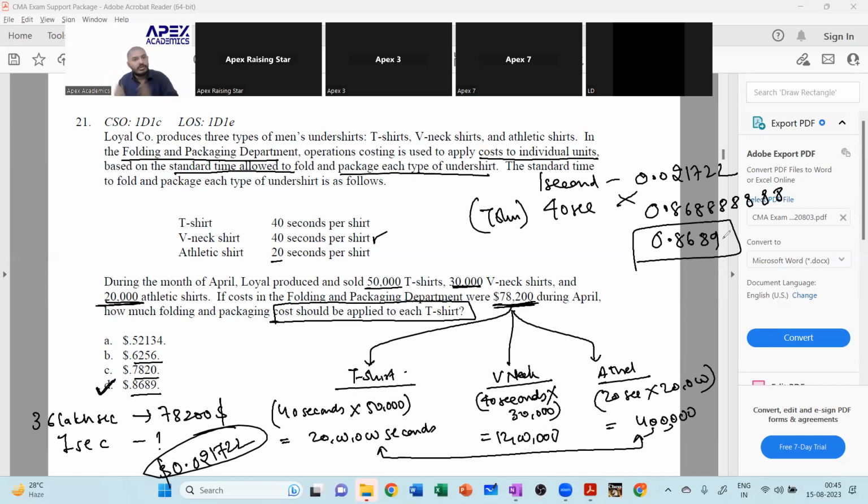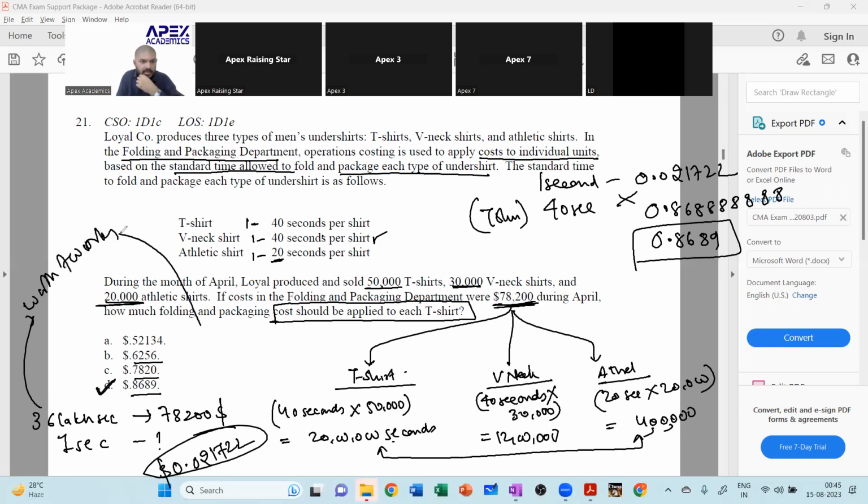Quick revision. One t-shirt takes 40 seconds, one v-neck takes 40 seconds, one athletic takes 20 seconds. Total 50,000 t-shirts, so 20,000 seconds. V-neck, how many? 30,000. So 30,000 into 40 is 12 lakh seconds. An athletic takes 20 seconds and there are 20,000 athletics, so 4 lakh for that. So total 36 lakh seconds worth of work